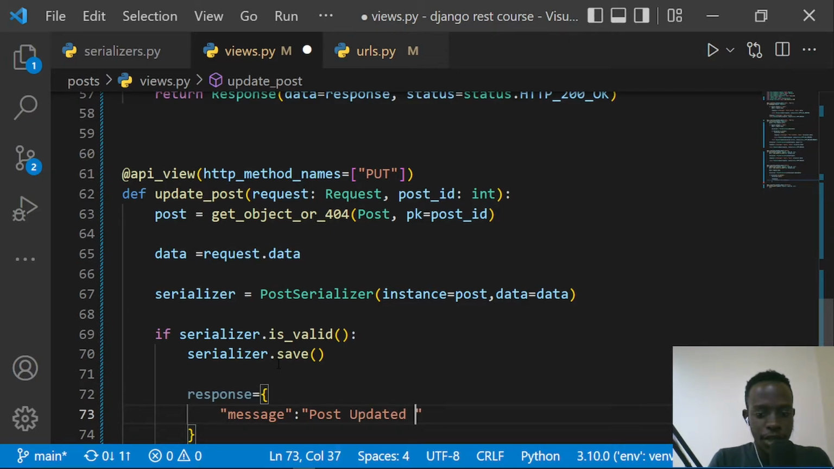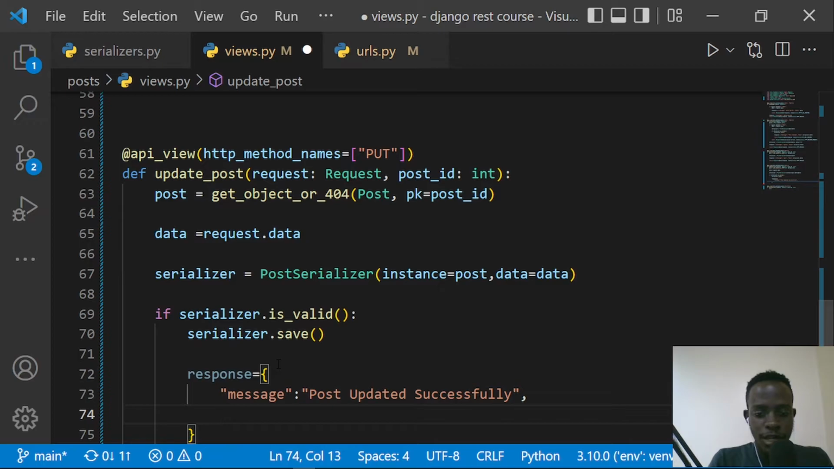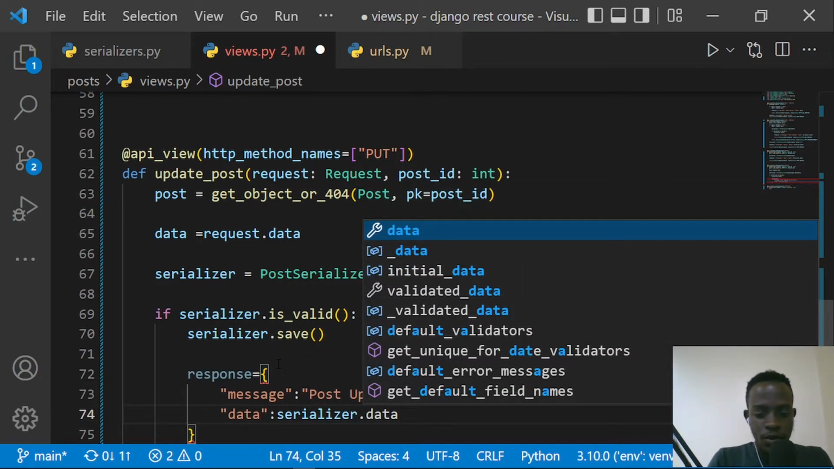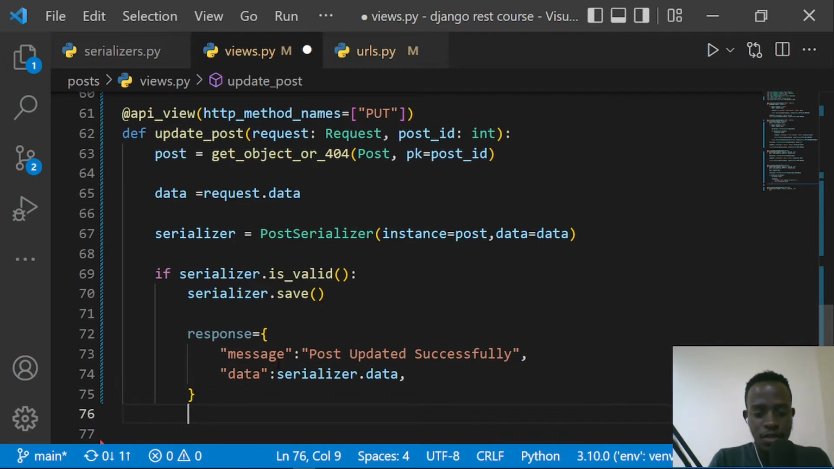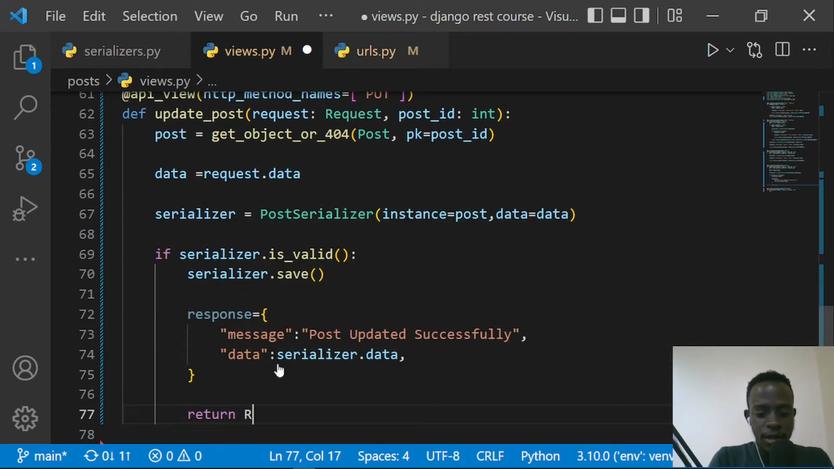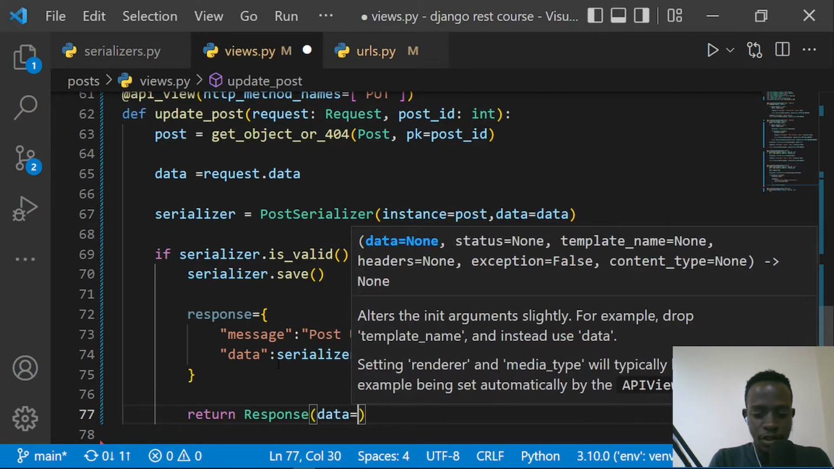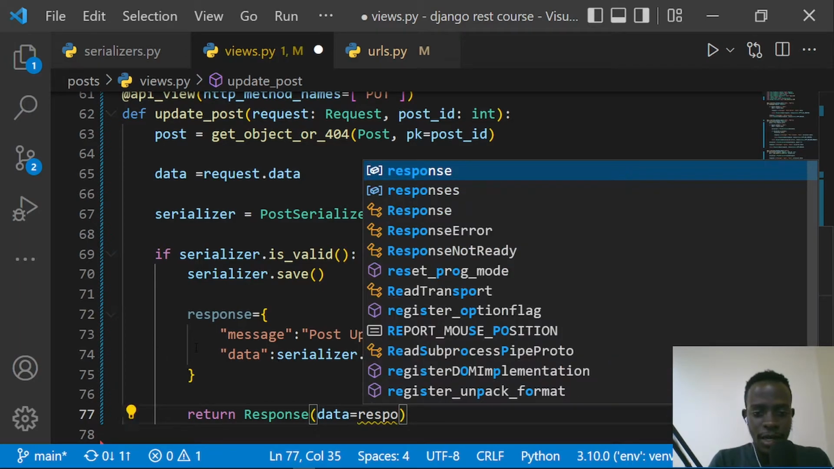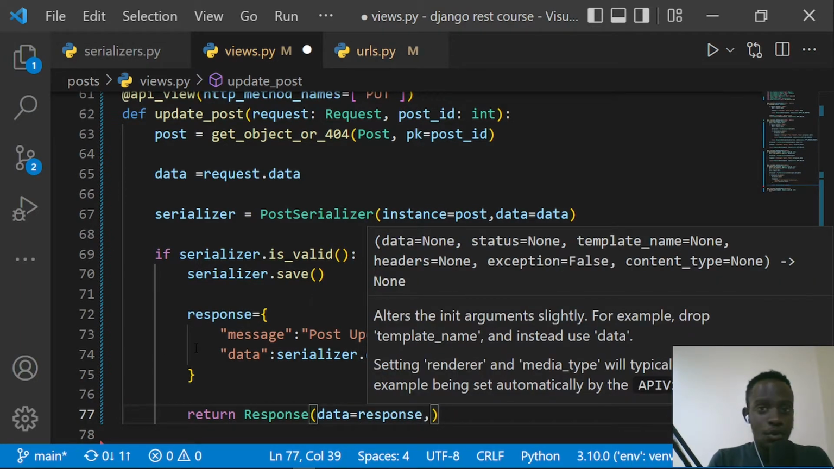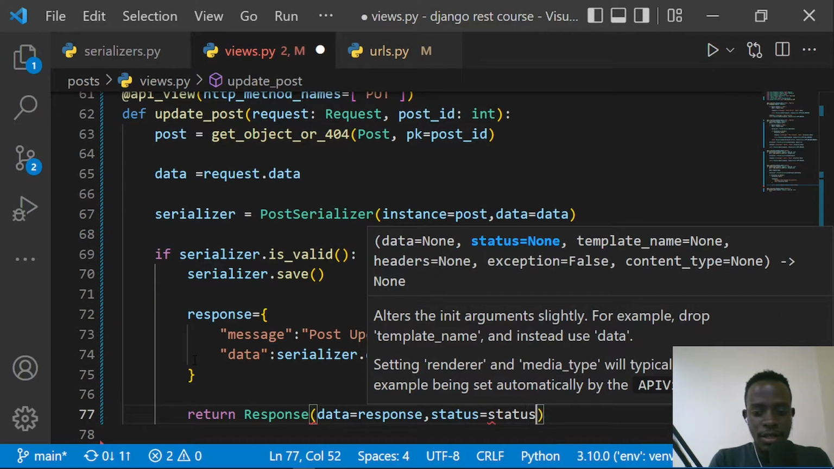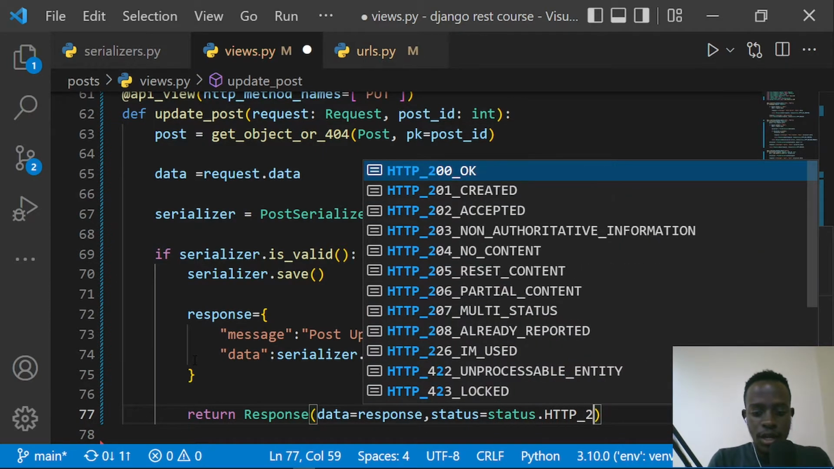So in this case, we're going to say our post is going to be updated successfully, and then we're going to return our data, and this data is going to be serializer.data. So after doing this, let's actually return this response. So I'll just come and return our response, and this response is going to have the data. Our data is actually going to be the response dictionary we've created up here. Then we're also going to need a status. So I'll say that we shall have our status being equal to status.HTTP_200, meaning